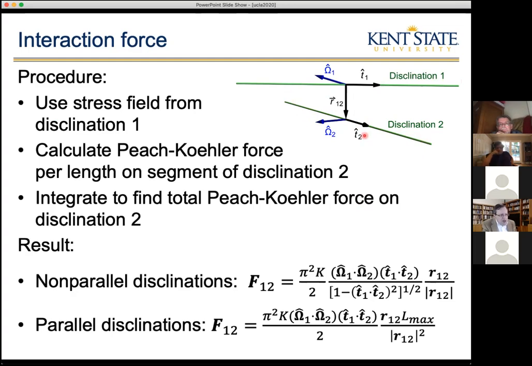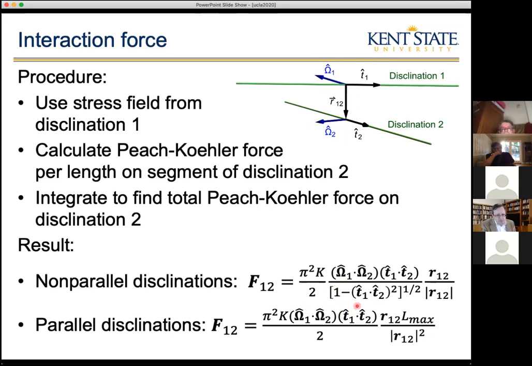That gives a force which depends on the tangent vectors, T1 and T2, and it also depends on the rotation vectors, omega 1 and omega 2, for these two disclinations. So it is a force which has this kind of complicated dependence on the